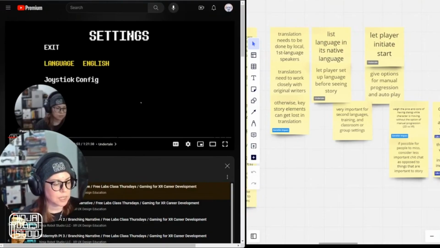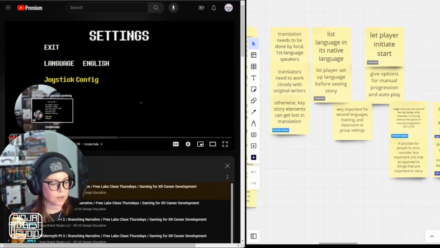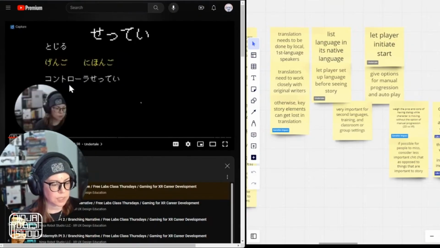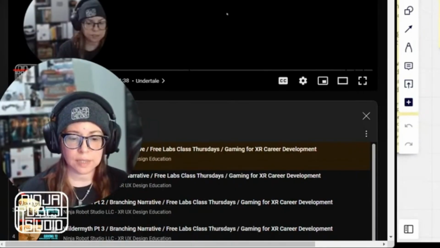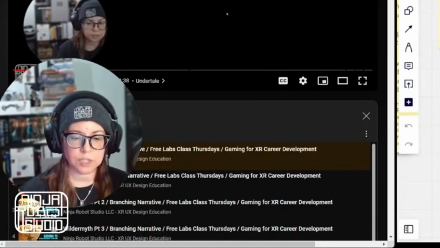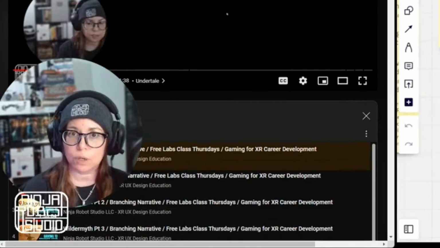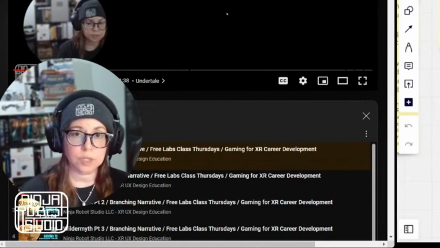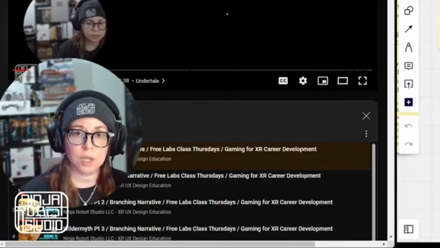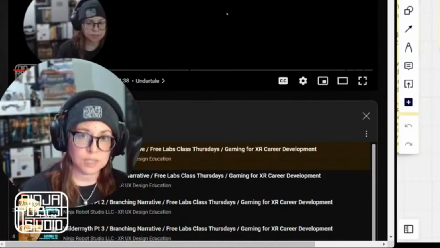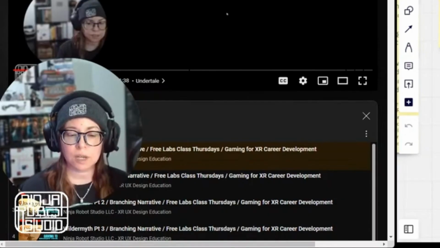This is an important internationalization design thing that you want for your people so that they can easily find the language that they're speaking in. And the best way to do that is to just put it in their language. Whenever you're translating it into different languages, you want to make sure that it is set up to where you can see that and set it up before they start playing the game, before you convey any kind of important information. Make sure there's an option for them to set their language so that they don't miss anything important. Make sure that's up front.